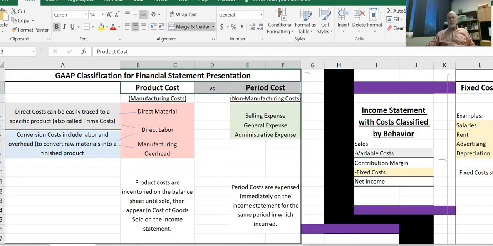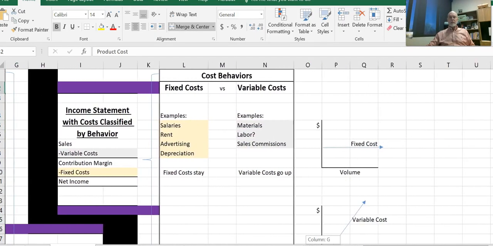Another way to classify cost, which could be of more benefit from a manager's perspective, is to understand how those costs behave. Costs tend to be either fixed or variable, or sometimes a mixture of the two. A fixed cost, here's a picture of a fixed cost. A cost that stays the same regardless of how much volume you have. And when I say volume, I mean how much you produce and sell. So fixed costs stay the same. Things like salaries, rent,